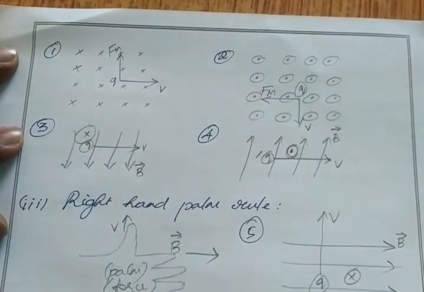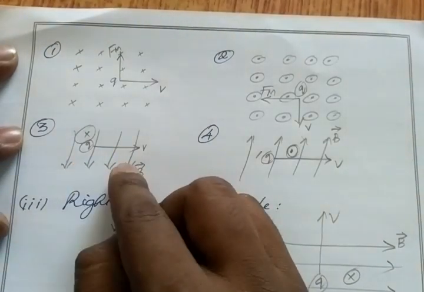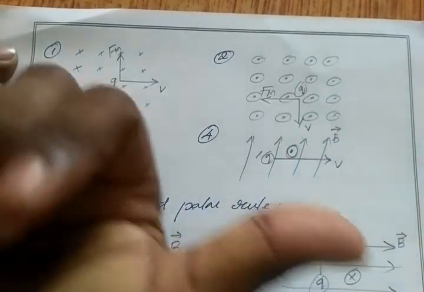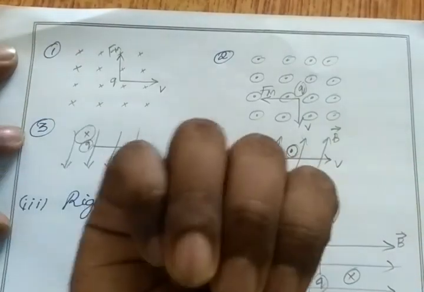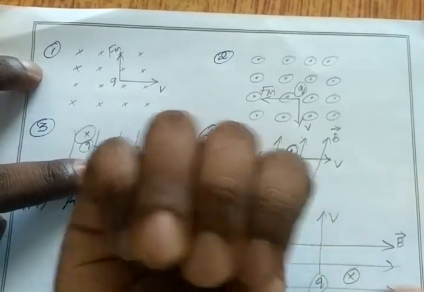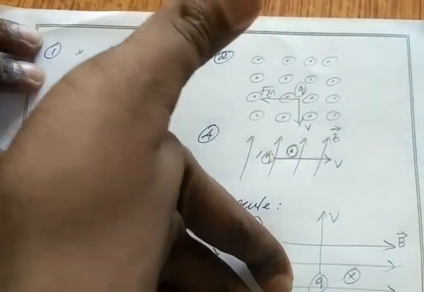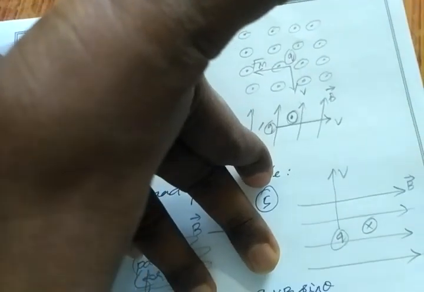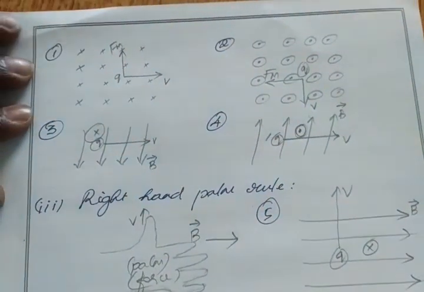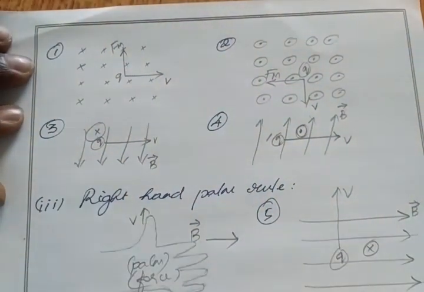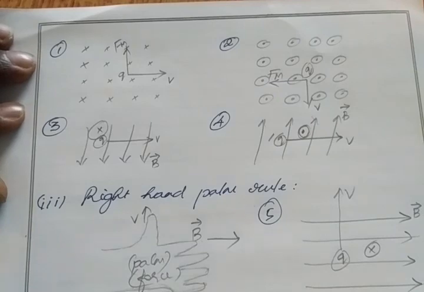Okay, so my thumb finger is going left direction. My forefinger is coming downwards. So I have to place my four fingers like this. This is the direction of thumb. Then my palm is going inwards. So I get cross magnetic field. You try it yourself, you will get the answer. Okay, similarly for these two. Clear? Okay.